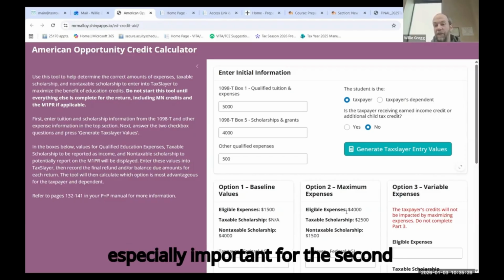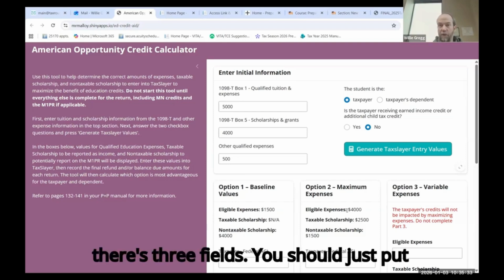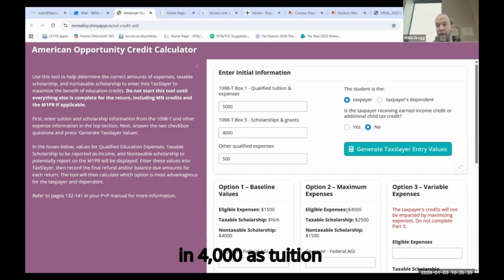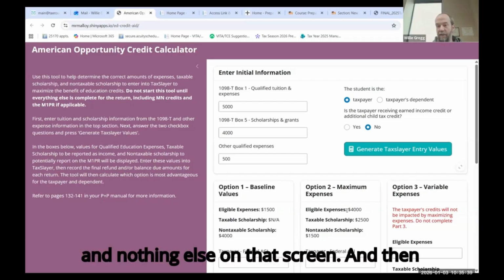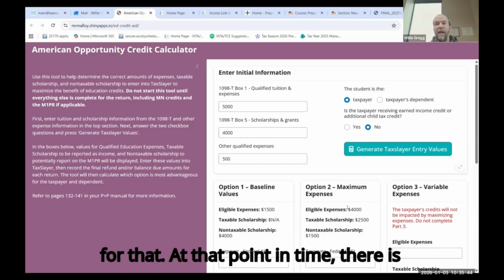That's especially important for the second option. For the second option, there are 3 fields. You should just put in 4,000 as tuition and nothing else on that screen. And then it will give you the option that is best for that. At that point in time, there is